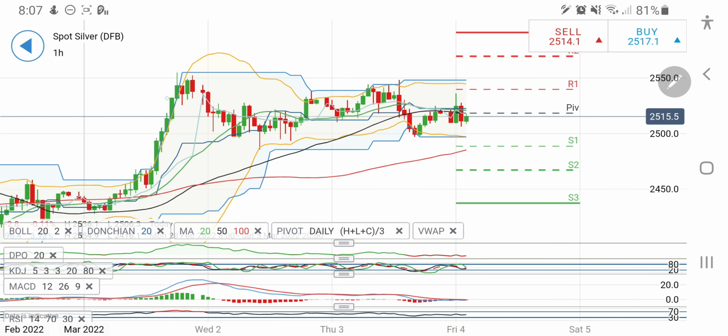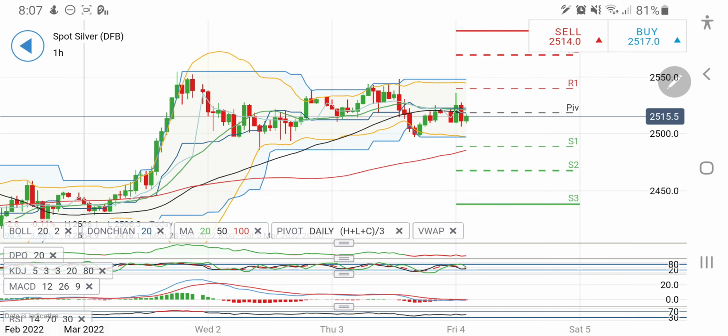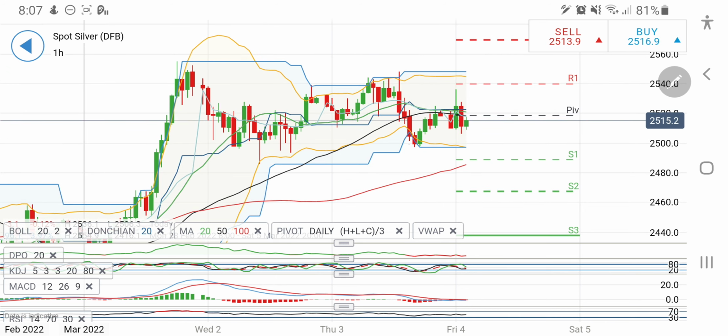Silver is trading in the same zone since yesterday, that is 2550 to 2500. I told you yesterday also, this is clearly a sideways movement and it is expected to give a breakout. Now again similarly it is stationed here. Now look, one more observation on the hourly charts. Previously the support was at 2500. Now the support is here at around 2510 levels. So till the time today it remains above 2510,